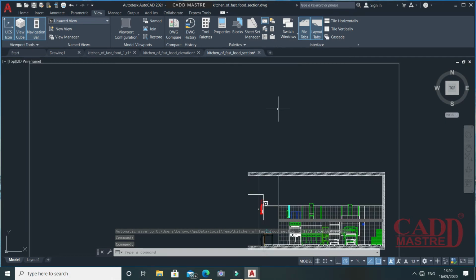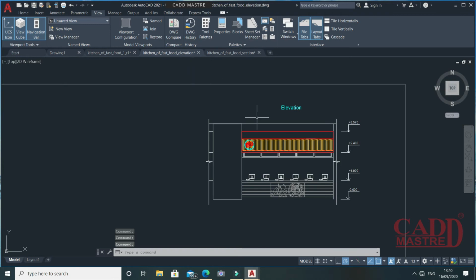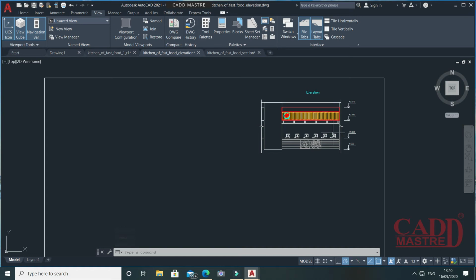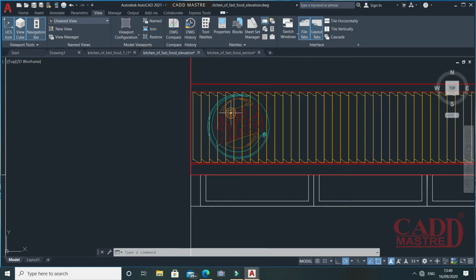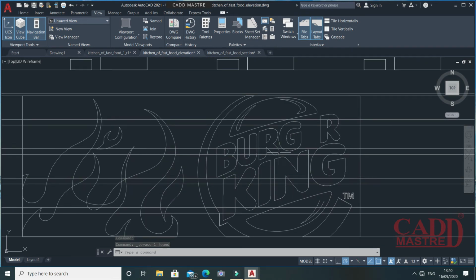Let's make some changes on the reference file. I make changes on my elevation file. So here what I do, I'll remove this icon. Similarly this logo.